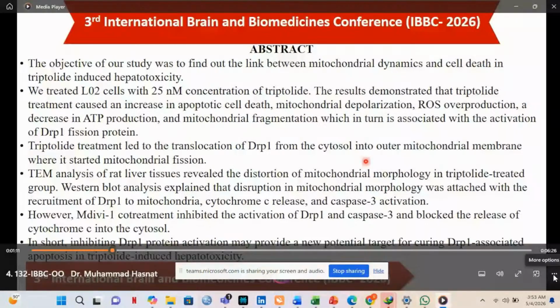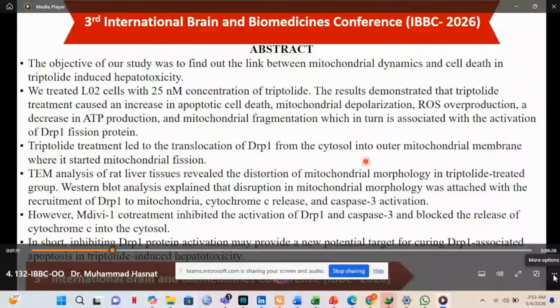Transmission electron microscopic analysis revealed that there is distortion of mitochondrial morphology in the triptolide-treated group. Western blot analysis also showed that there is recruitment of DRP1 to mitochondria, cytochrome C release, and caspase 3 activation. However, the DRP1 inhibitor, Mdivi-1, inhibited the activation of DRP1 and caspase 3 and blocked the